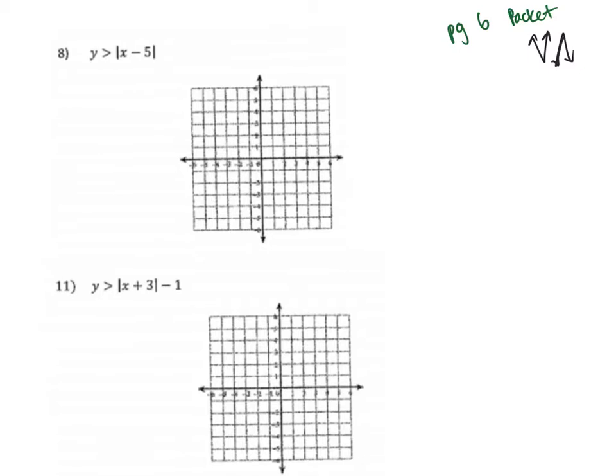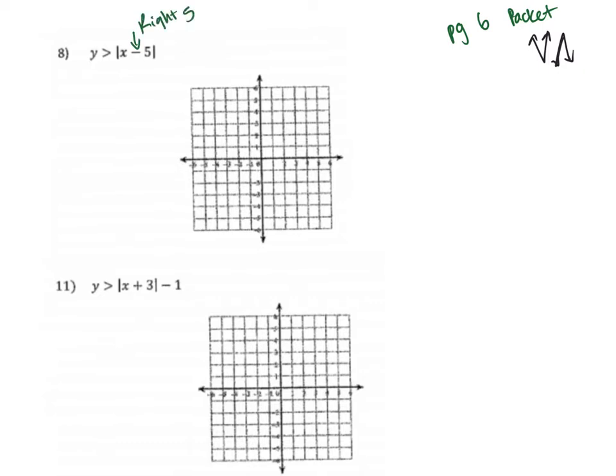let's go to this one here. So if I were to graph this one here, I first have to figure out what's the shift, right? Because I've got to graph that vertex. So looking at this, I have a -5 on the inside. So remember, the inside tells us the horizontal shift, whether it's going left or right. So if it's a minus sign, it is going to be going right